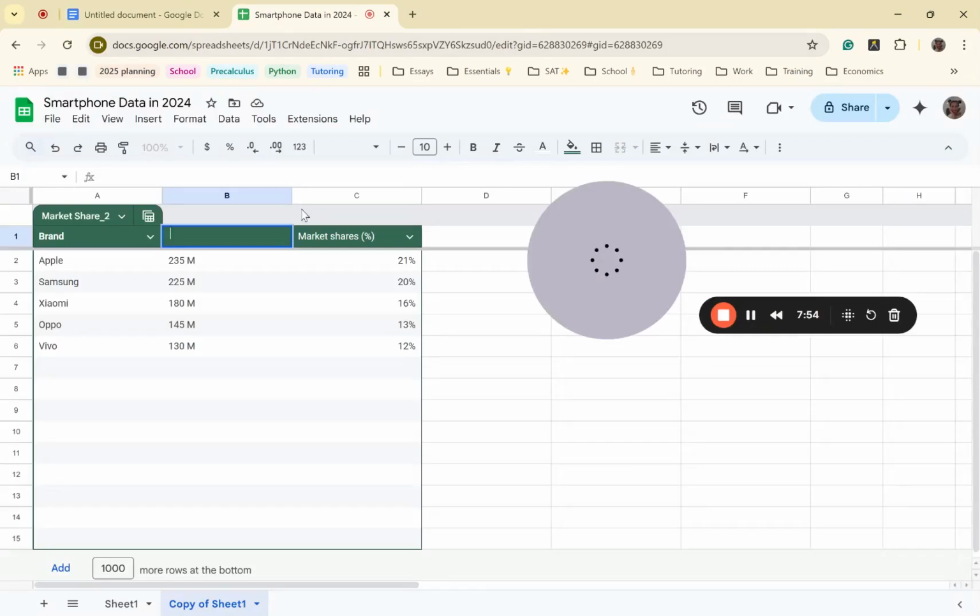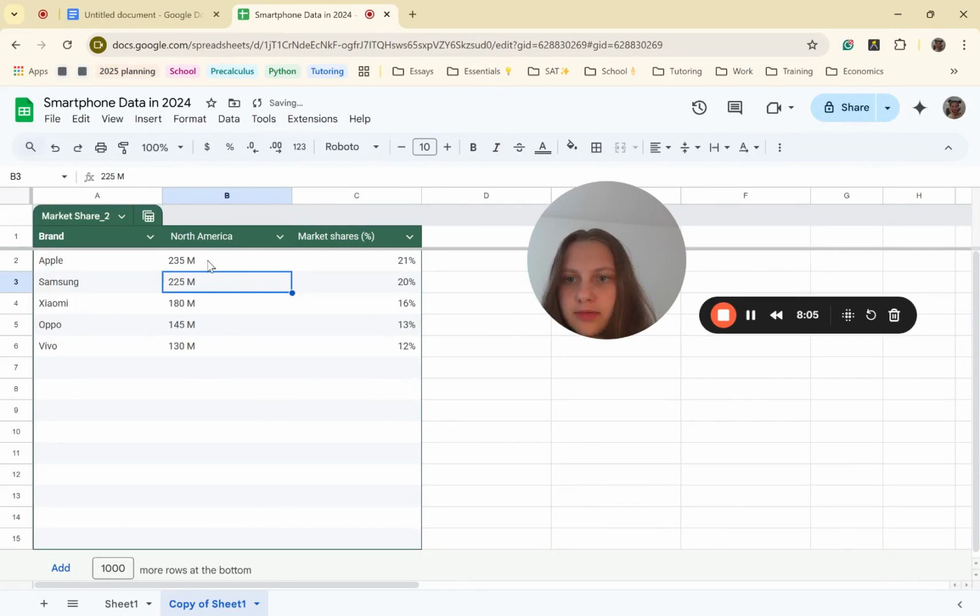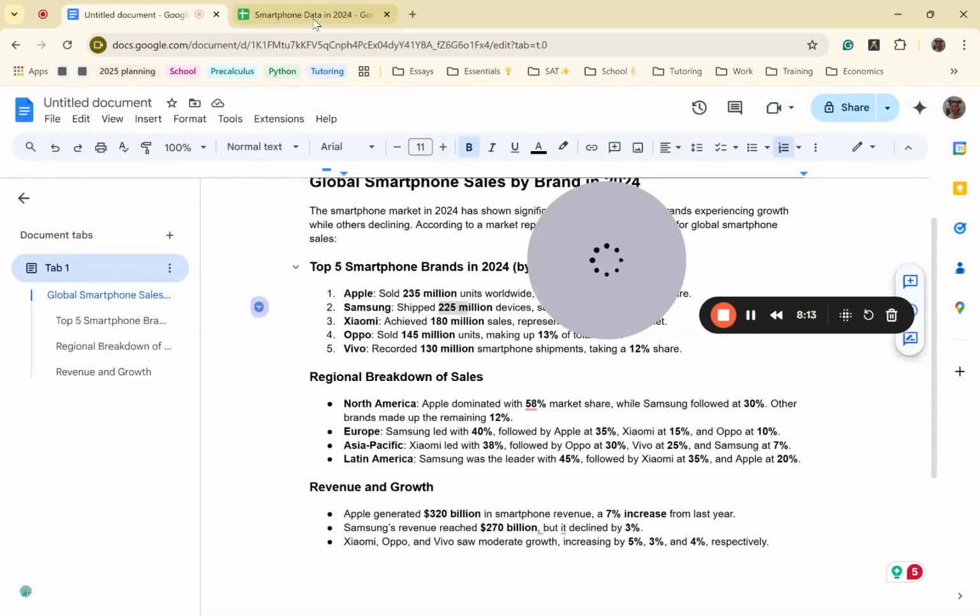There's North America. And I'm thinking to do that. If it doesn't work, then we'll redo that, obviously. Let's see. We have Europe, Asia Pacific, and Latin America.